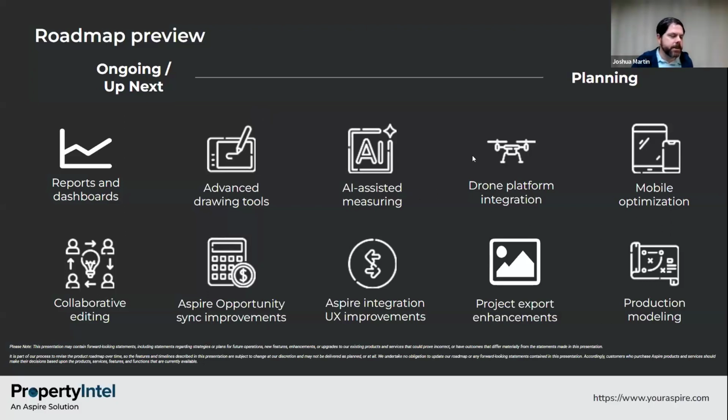Also AI-assisted measuring. Our Pro Maps is in beta now, and we're getting beta user feedback on that. Then look for a lot more that we have coming with drone platforms and mobile optimizations in the production modeling. A lot of exciting design work is happening right now with that. So,